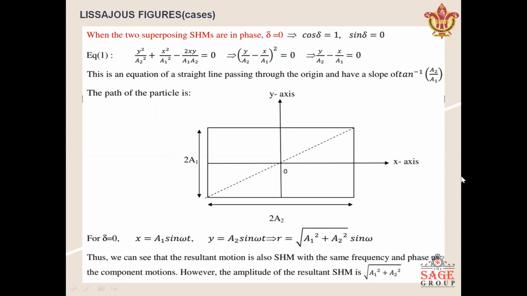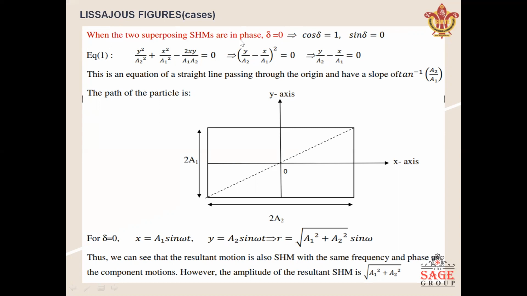The condition for finding the Lissajous figure is that the amplitudes can be different and the frequencies of the two simple harmonic motions are the same. I have already told you how we derive the formula to draw the Lissajous figure. Now in front of you there is the formula to find the Lissajous figure. Now we are applying the cases based on phase difference. So when the two superposed